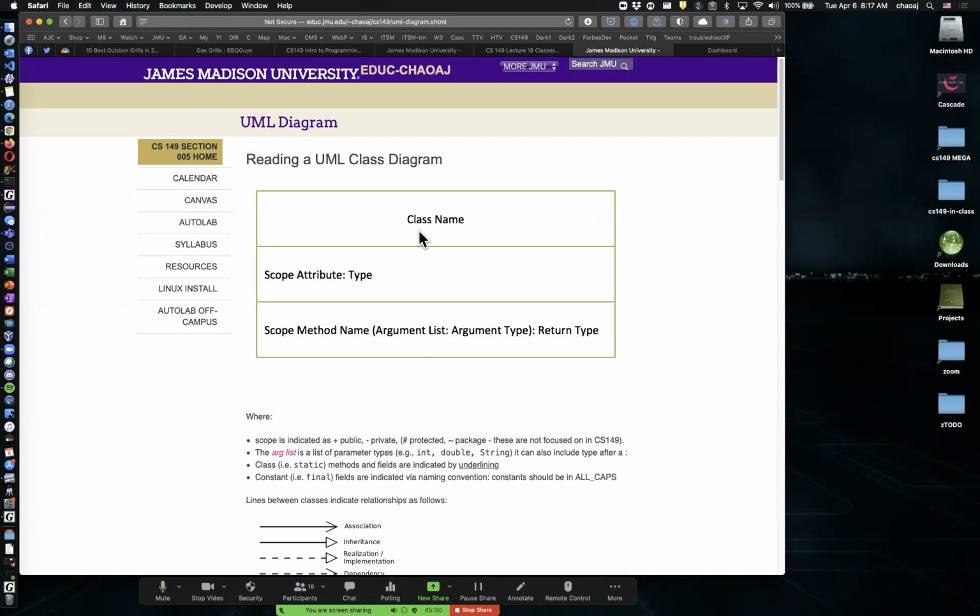these things. So you're going to have your thirds here. There's 3 thirds inside of this diagram. The top third, or the top stripe here, is the class name. Pretty simple, just the class name. The next middle section there is the attributes. That's going to be the types of the attributes that you have for the class. Then the last section, the bottom section there, the main guts of the diagram, is going to scope the method names, and then it's going to be the argument list, the argument type, and then the return type in a colon at the end there. So